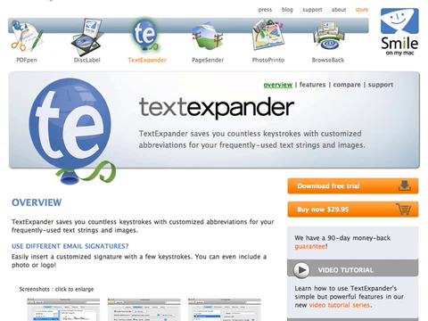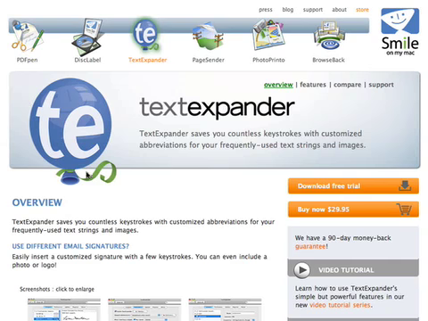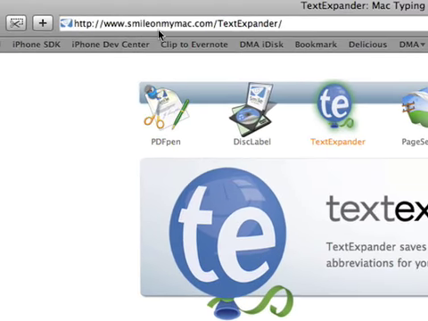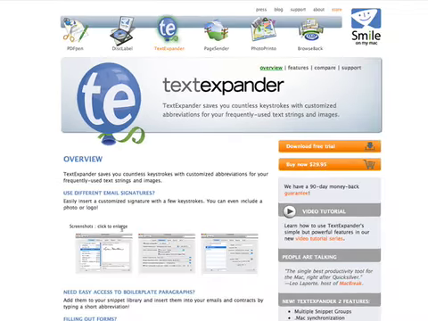We'll talk about a little application. If you're on a Mac, this is a godsend if you like to program HTML. This is a program called TextExpander. It's available from a company called Smile on My Mac, and the URL for that is smileonmymac.com/textexpander. There is a free trial of this, which has a limitation on it that's perfectly usable, and I'm going